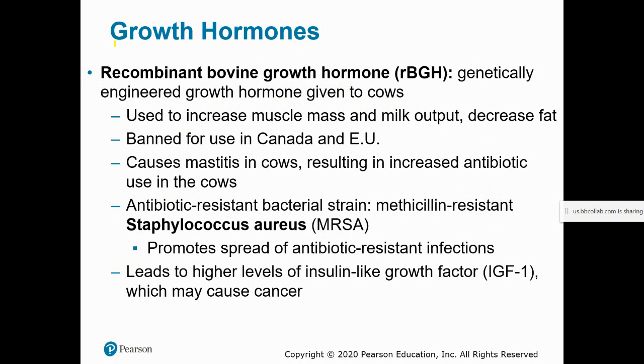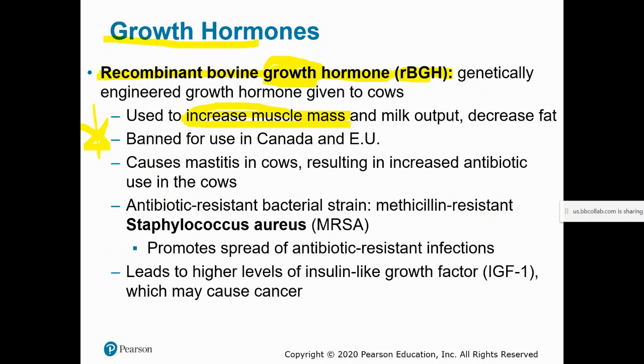Another sort of chemical component in our food supply are growth hormones. So again, maybe one of the more infamous is recombinant bovine growth hormone, often abbreviated rBGH. So this is a genetically engineered growth hormone that is given to cows. And this is actually a question that I love to ask, so make note here on a test. So recombinant bovine growth hormone, growth, right? The purpose of this hormone is to make the cows grow faster and bigger. It does not mean they're healthier cows.